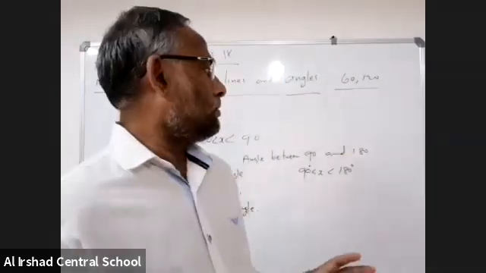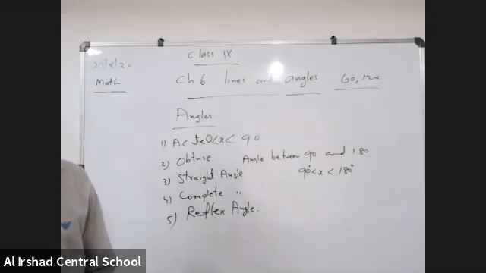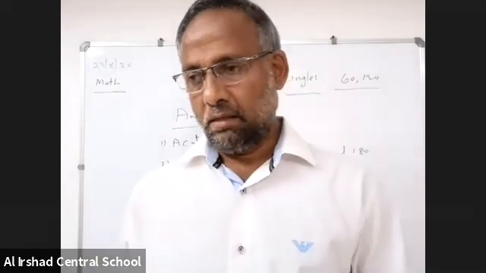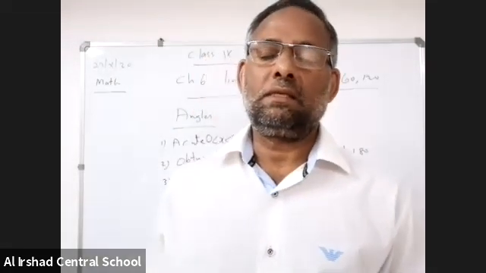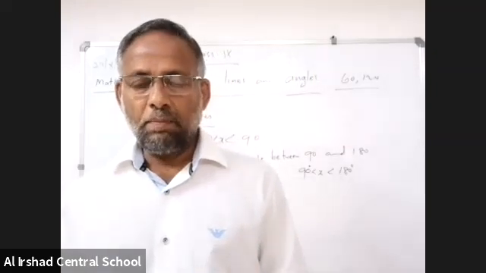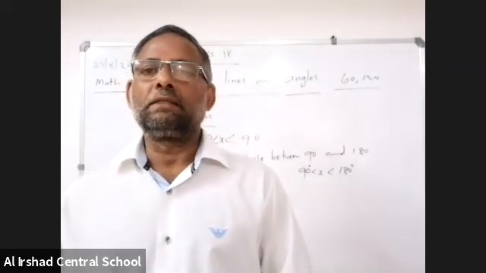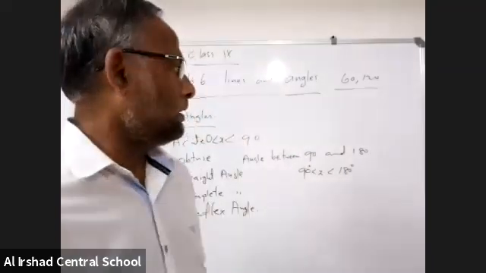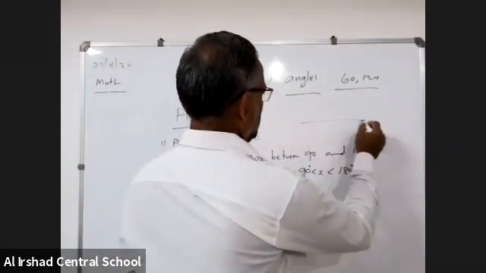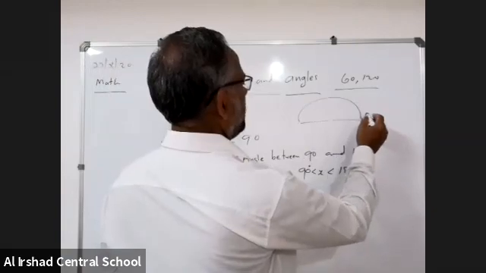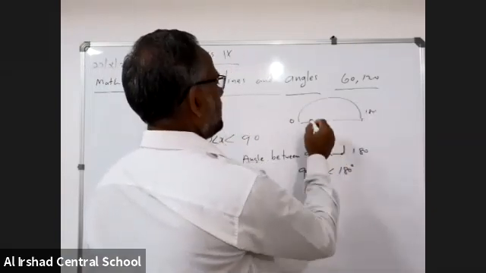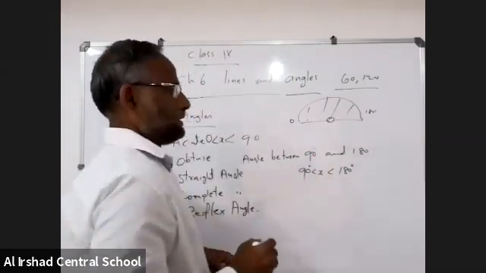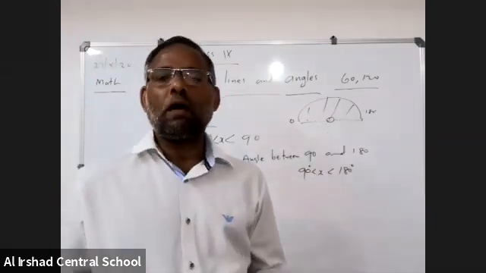Okay, now what is a reflex angle? Reflex angle means more than 180 degree and less than 360 degree. 360 means complete angle. More than 180 degree and less than 360 degree is reflex angle. So you told me in a protractor, suppose this is the protractor, here will be maximum 180 degree. Here 0, maximum 180 degree. So more than 180, how can we